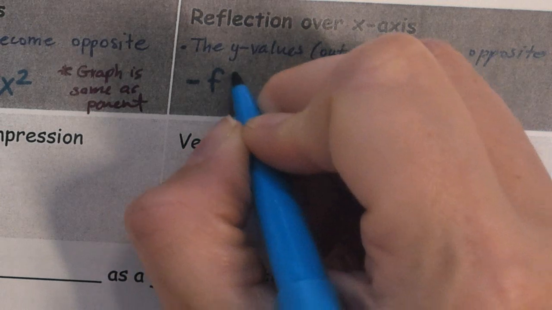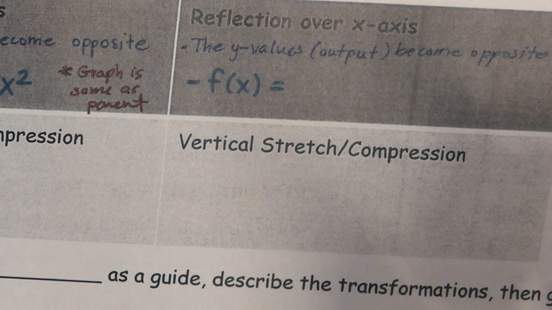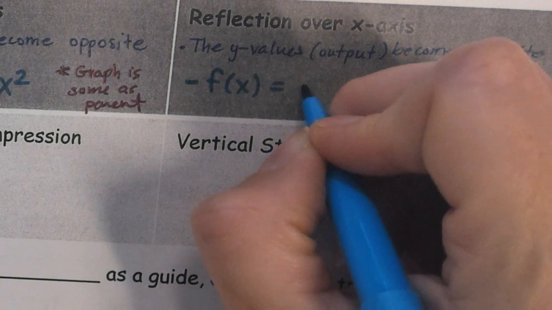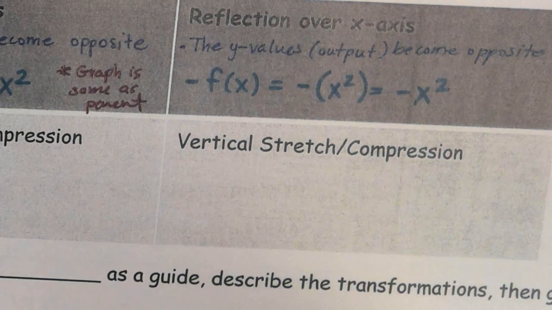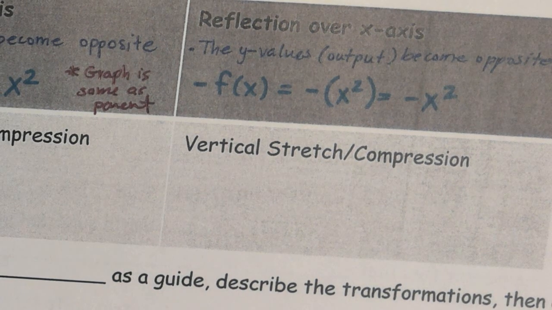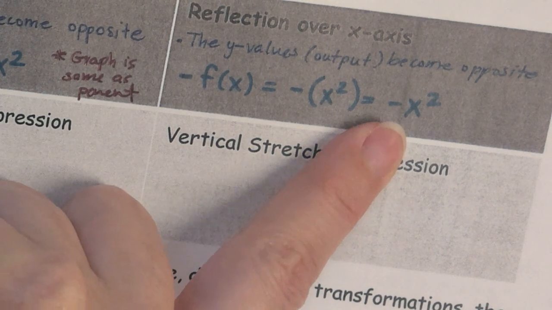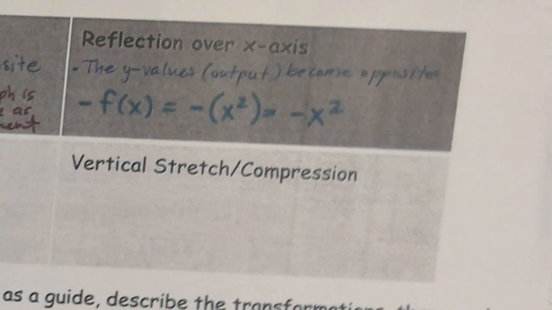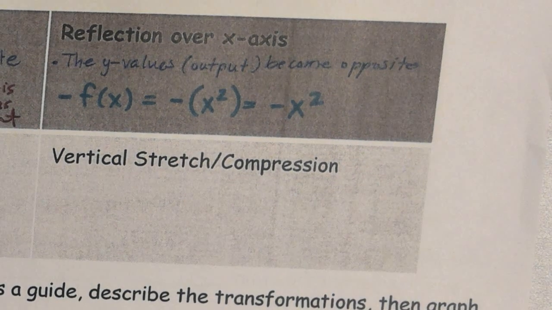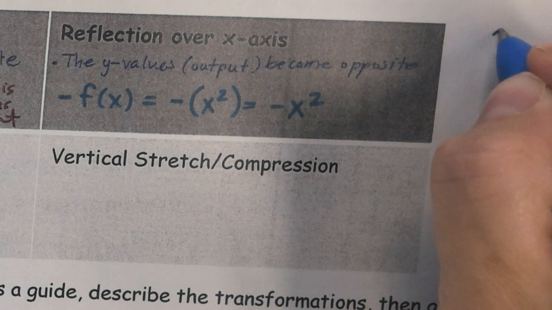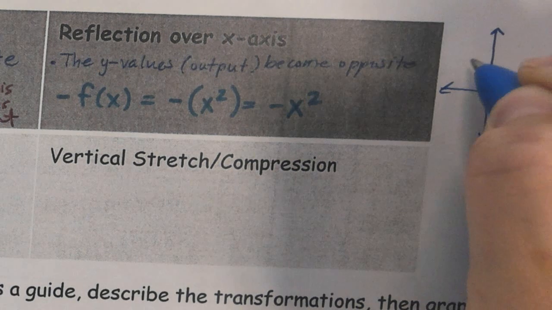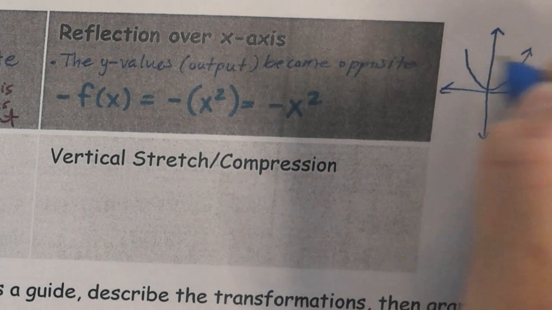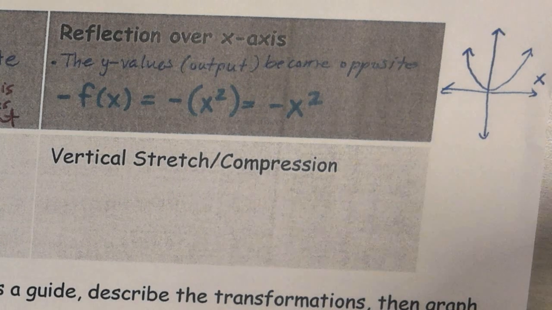It looks like this, negative f of x. When we apply that to x squared, it becomes negative x squared. So when you're graphing, this becomes a parabola that opens downward, which makes sense when we investigate the reflection. Okay, so this is a reflection over the x-axis. Here's my original parabola, and then if it reflects over x,